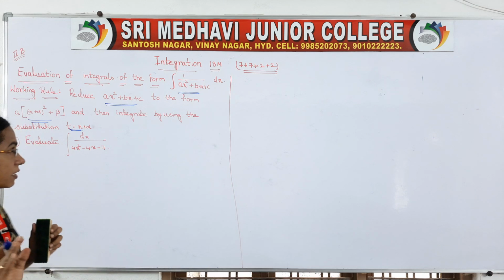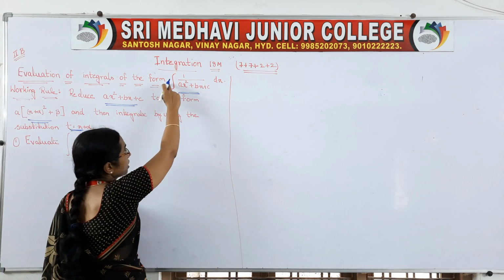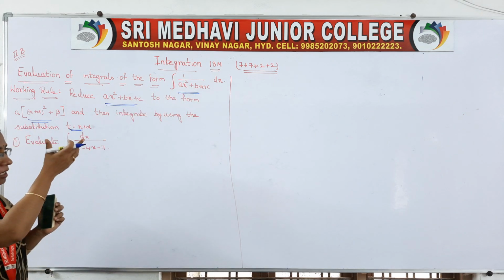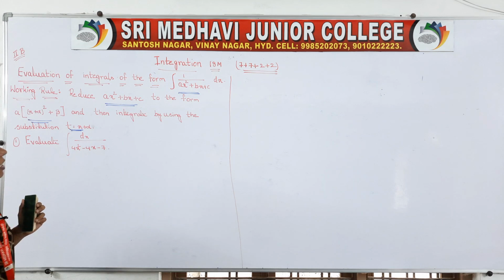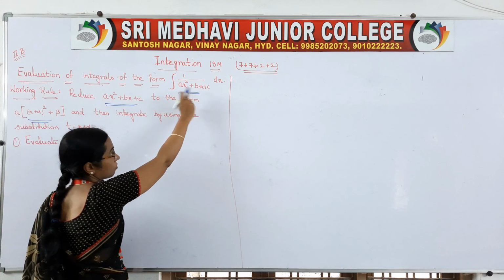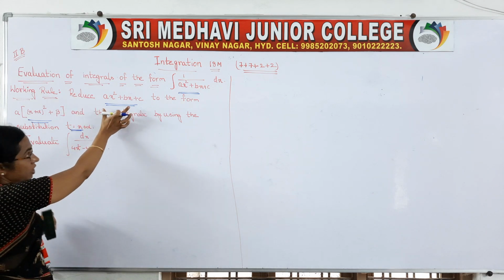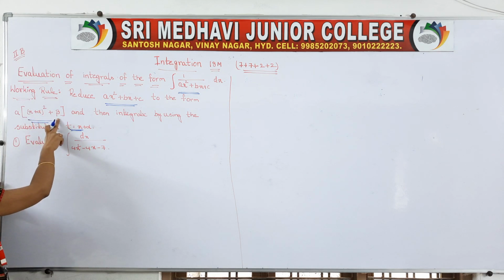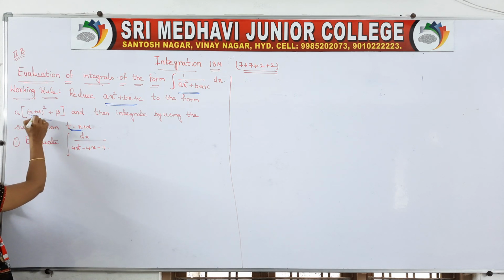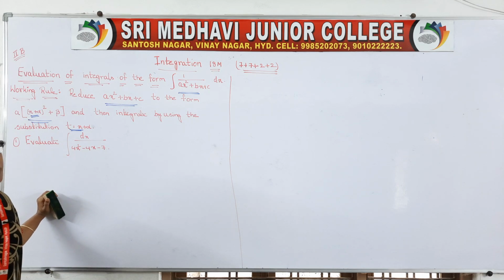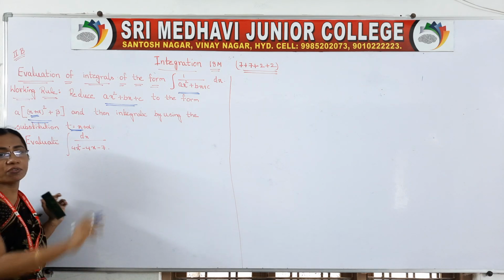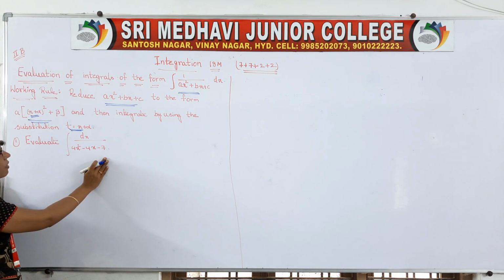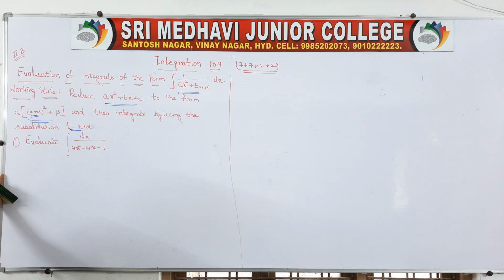So very simple, just observe the given question. Suppose the given question is in this form, integral 1 by ax square plus bx plus c. It is nothing but the quadratic equation form. Whenever we have the quadratic form, first reduce it into a into x plus alpha whole square plus beta. Then in the place of x plus alpha you take t, and solve, and you will get your integral value. So we will take one problem. This is the most repeated 7 marks question, so we will do this problem now.